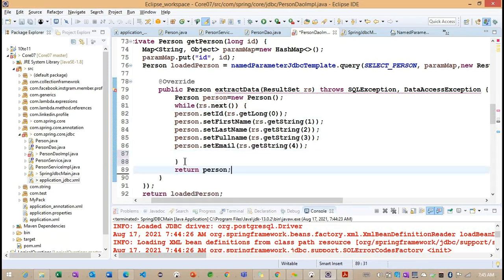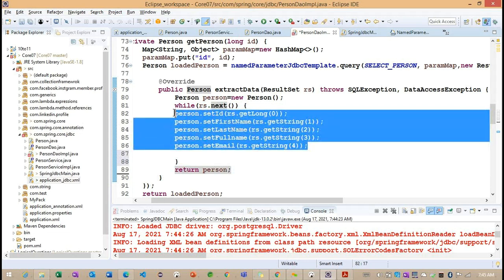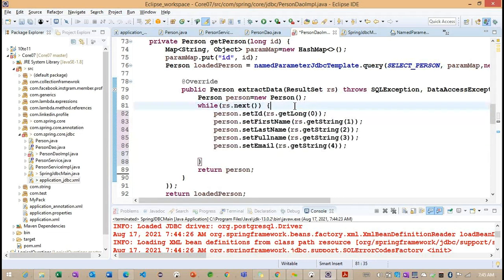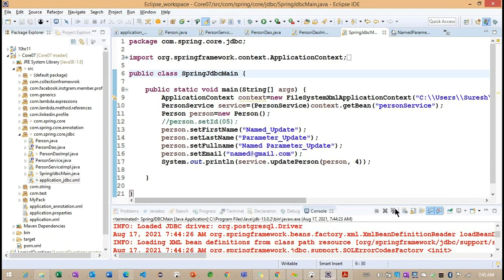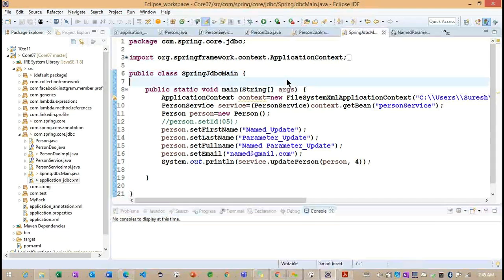Can we write a return statement outside? Okay. So this is all about the rs.next here. Now I'm trying to run one more time here.